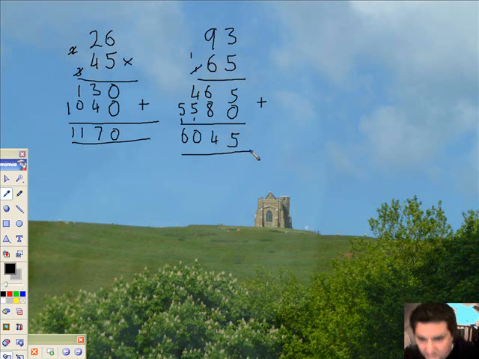Again, you know, even I can get wobbly with my 6s and my 9s. That's about it. So study the method. I don't need to do any more. I'm not going to do any more on that page whatsoever. 1.2 is over as far as I'm concerned. I'm going to stop there because the next part will be the order of operations, and that deserves to have its own video. Alright, so